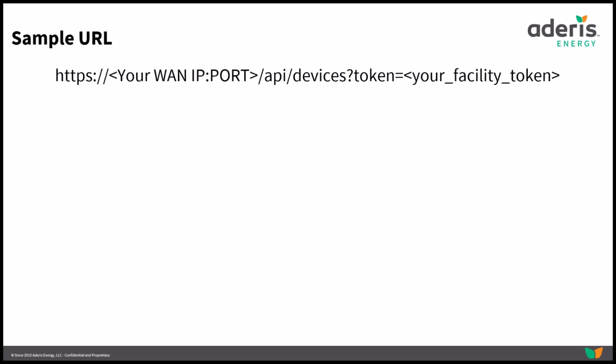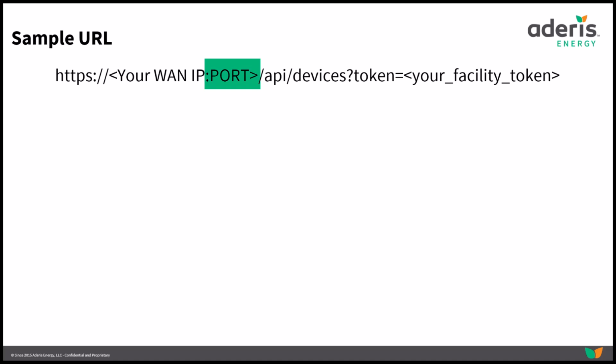The URL structure is composed of several parts, each serving a specific purpose in the request to the API. First is the protocol, which is HTTPS. Next is the WAN IP address found in Acuity. Then is the port. The port number specifies a specific endpoint on the server for network communications. Port 8443 is often used for HTTPS traffic, especially when the standard HTTPS port 443 is not available or being